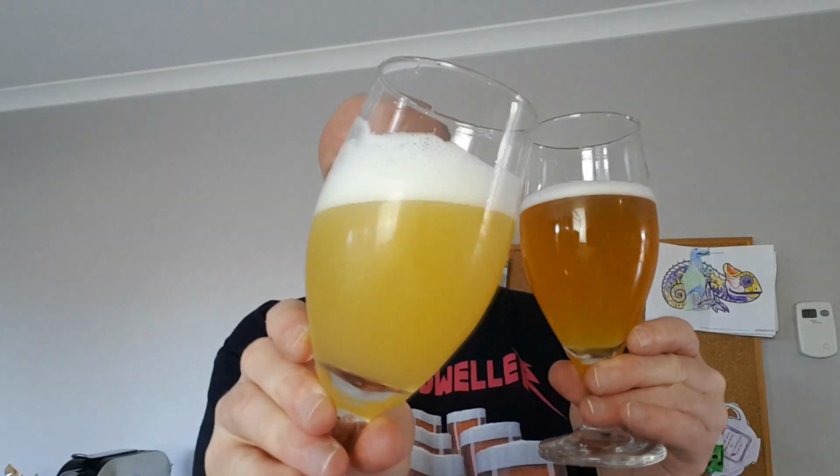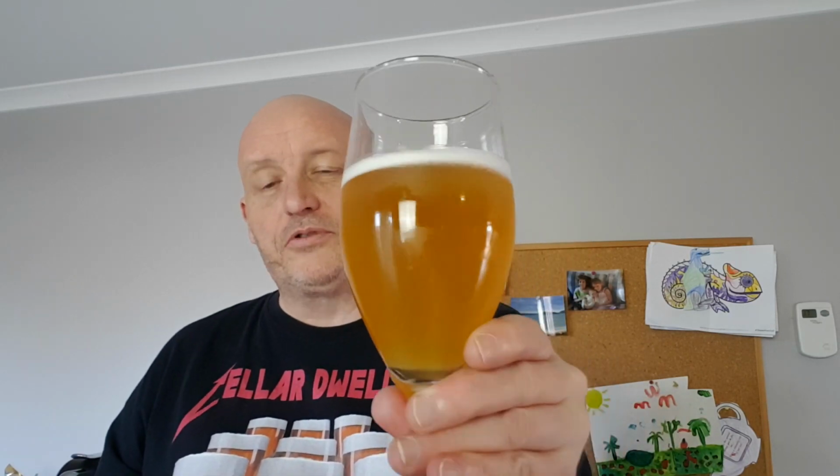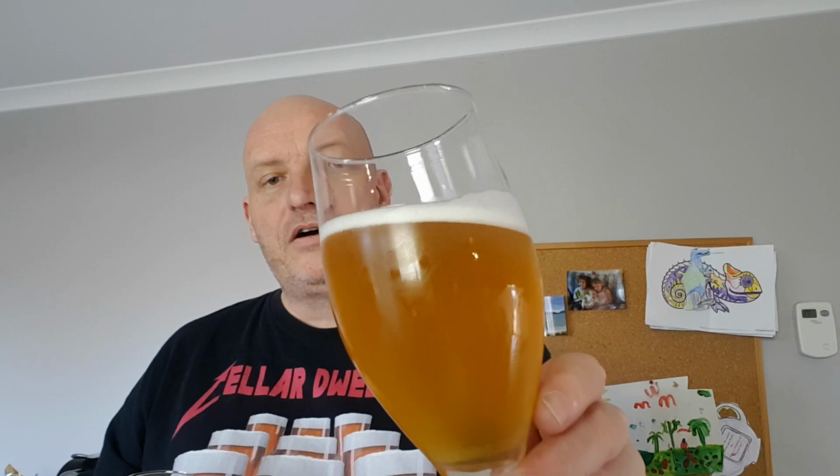This has been nearly 2 weeks now in the keg. I just wanted to give it some time, so this one's just a little bit longer. But as you can see, this one's held up, and this one looks like a legit Hop Nation beer. The original one was dry hopped a little bit different. I was experimenting, only did one single dry hop, but it was at high krausen, and I used a few different types of hops,